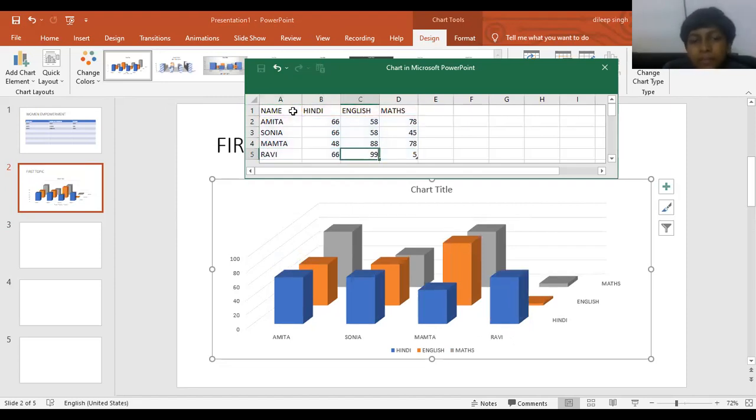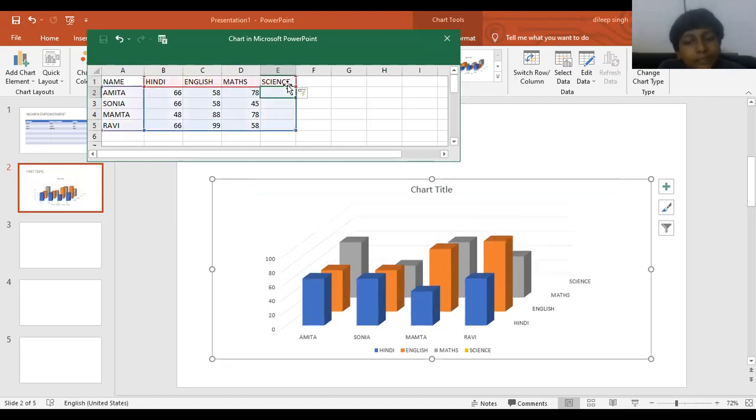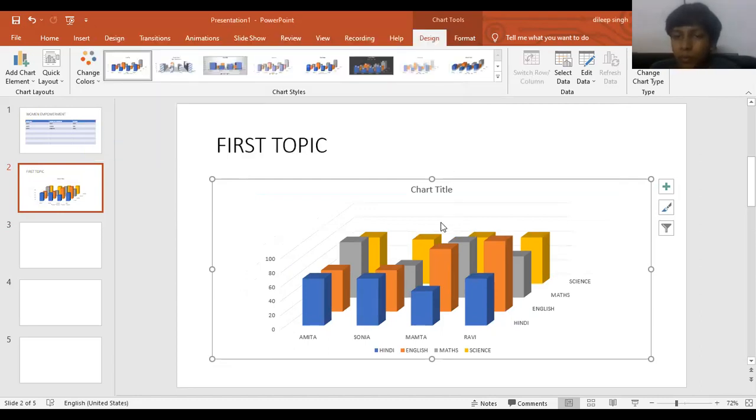So these are the chart data and here we want to add another column. Just click here and type science. A next block also comes with that and just type the number like this. You will get another block in this particular chart. So we can add the chart data by using this and after inserting the data, just close this particular section. You will get a chart like this. And if you want to edit the chart title, just click here and type your content like this, student record.